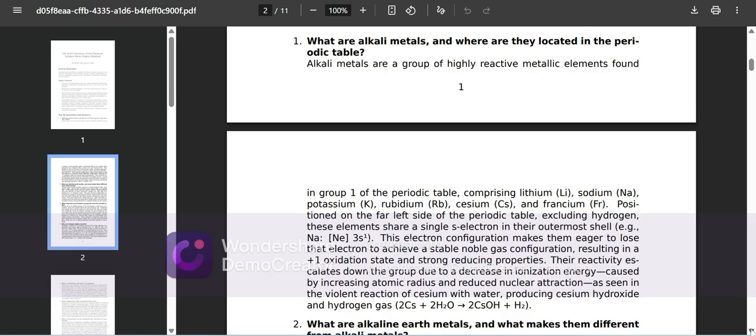What are alkali metals and where are they located? In the periodic table, alkali metals are a group of highly reactive metallic elements found in group 1, comprising lithium, sodium, potassium, rubidium, cesium, and francium. Positioned on the far left side of the periodic table, excluding hydrogen. These elements share a single